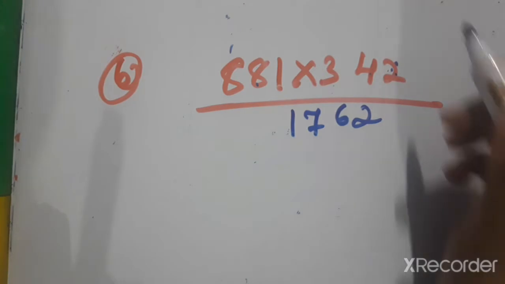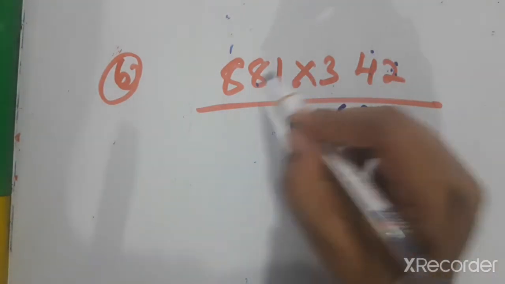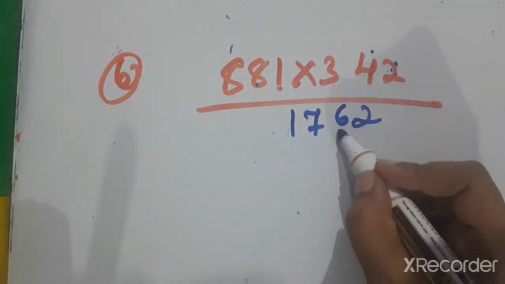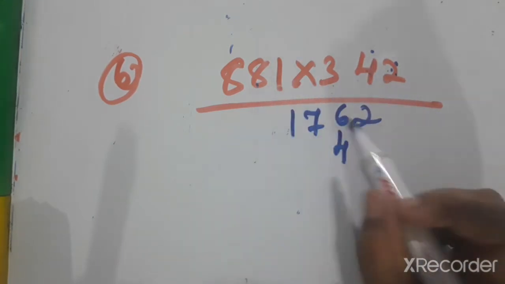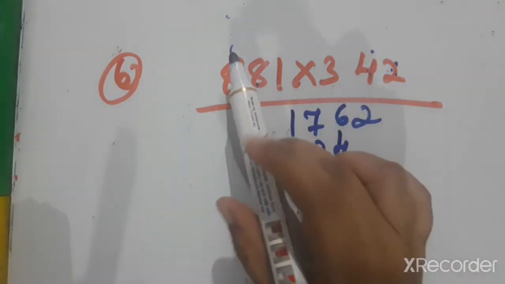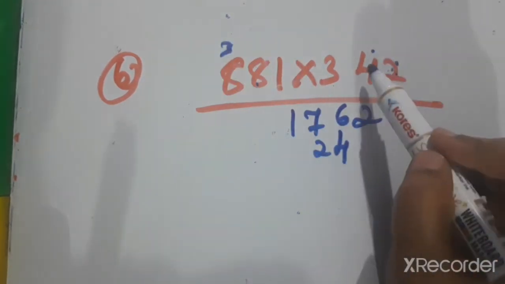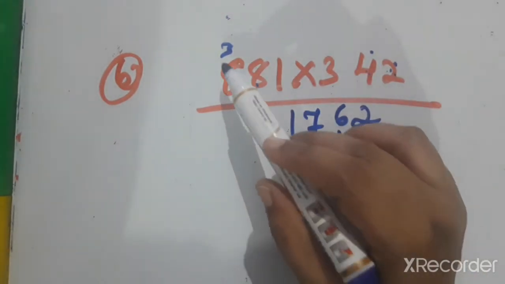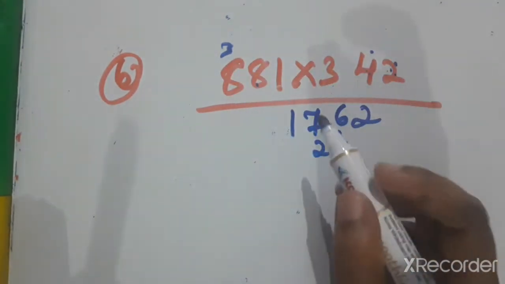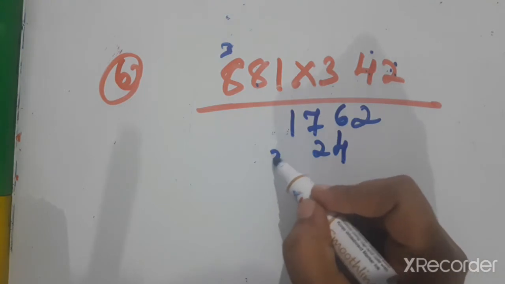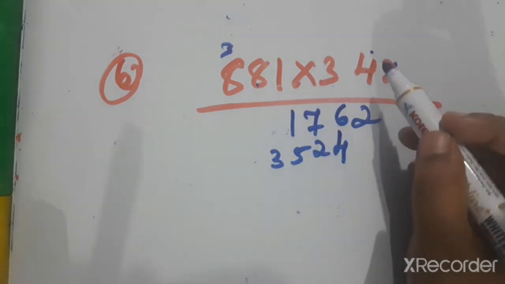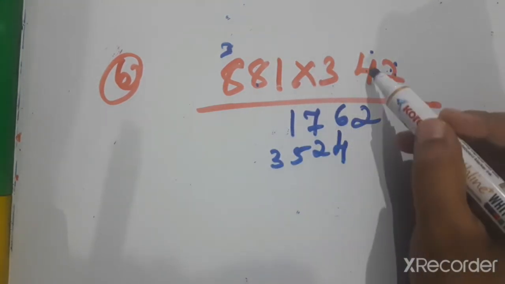That line is over. Now with 4 we have to multiply each number. 4 into 1, 4 ones are 4. 4 8s are 32, 32 means 2, 3 carry out to next place. 4 8s are 32, 32 plus 3 is 34, 35. Then with 3, so second line with 4 is over.